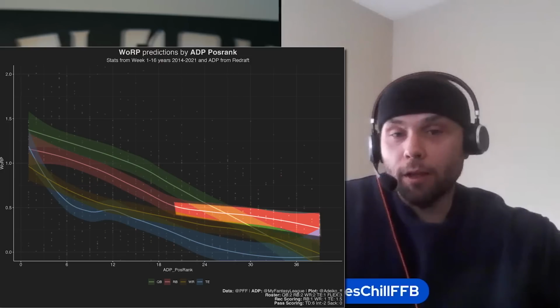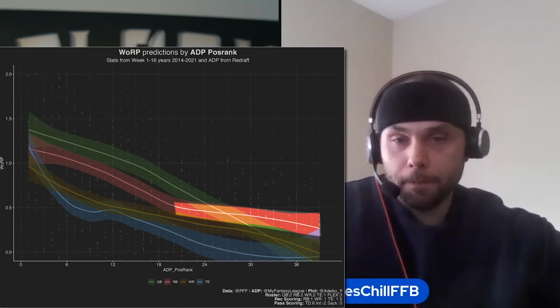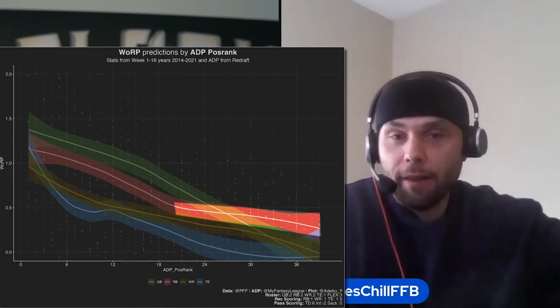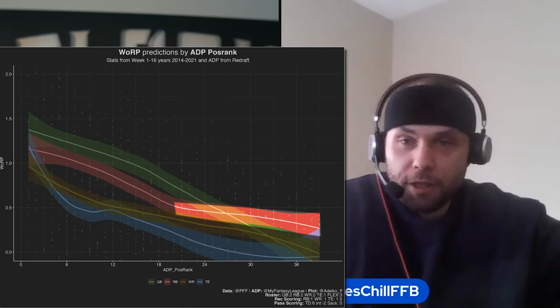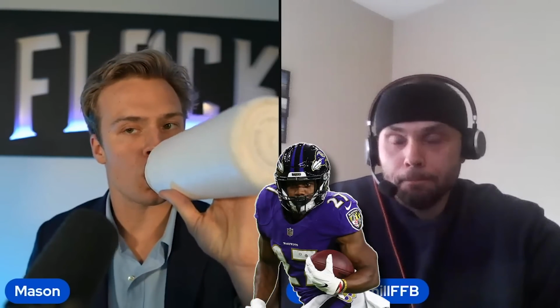J.K. Dobbins, I mean, so I looked at the running back WARP data and points per game over the last decade. If you're under 16 points per game, you're starting to get into that range of like, they're just week to week fillers. Obviously, there's a difference between 16 points per game and 13 points per game. But I look at a guy like J.K. Dobbins and I go, I am very confident that even if he hits his top 20% range of outcomes, I have a hard time seeing him crack that 16 points per game,